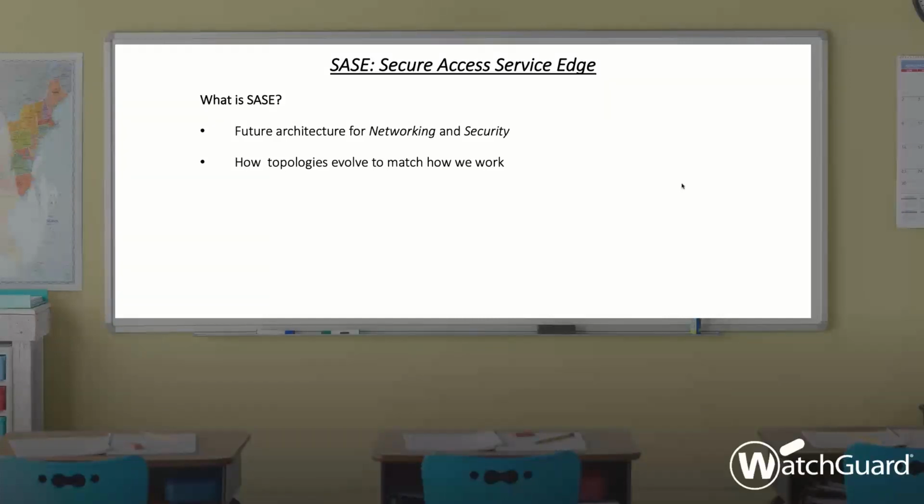industry with customer networks, with applications moving to the cloud, users moving off the network, and the implications of this and how that's driving the future of networking and the future of security, and how these two things come together. And we'll talk about the cloud elements, which are really important. It's about how our customers' topology for both network and security needs to change in order to address these shifts in their topology.